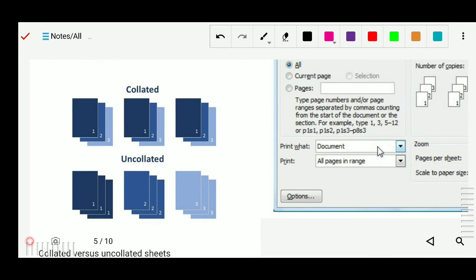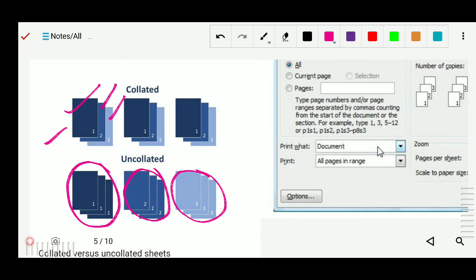This is the collated. Collated means like 1 2 3, first all the pages of the first copy, then all the second pages, then all the third pages. Uncollated means first all the first pages, then second, and then third. So you will get only the first page copies, then only the second page, and then the third page.